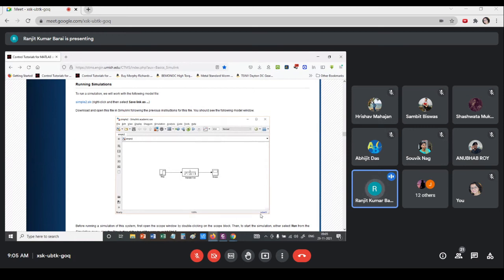This ODE45 is also available in MATLAB. In Simulink it's available, in MATLAB also it's available. So then I ask them to compare the accuracy. So if you get interested in this work, you can also do it by yourself.